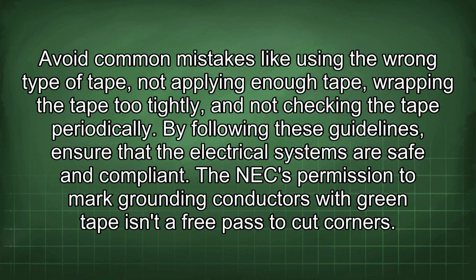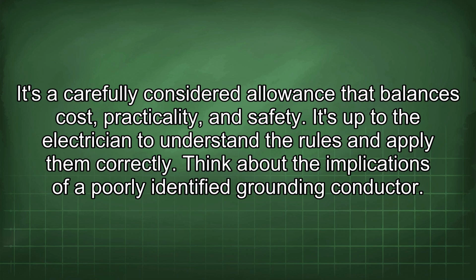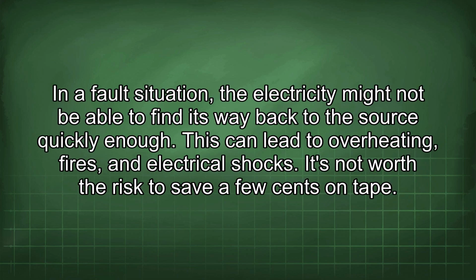The NEC permission to mark grounding conductors with green tape isn't a free pass to cut corners. It's a carefully considered allowance that balances cost, practicality, and safety. It's up to the electrician to understand the rules and apply them correctly. Think about the implications of a poorly identified grounding conductor. In a fault situation, the electricity might not be able to find its way back to the source quickly enough. This can lead to overheating, fires, and electrical shocks. It's not worth the risk to save a